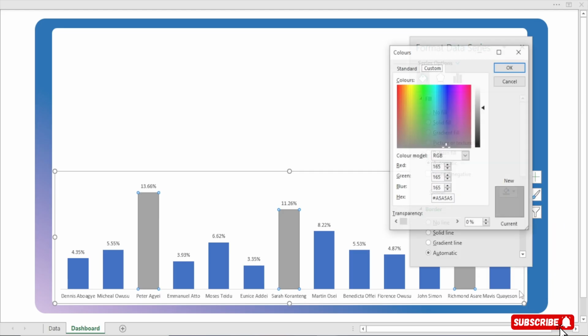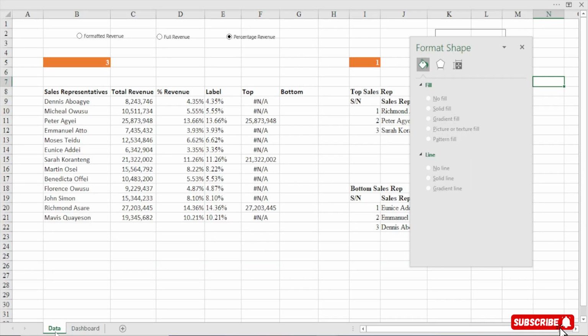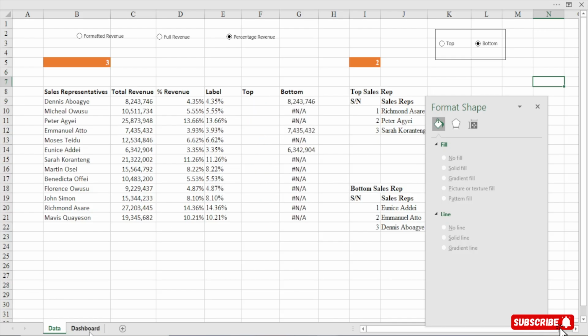So we will come to more colors, and then under custom colors, you are going to say this one should be D2832C, right? So this is our orange color, and then you say OK. Do you see that? Perfect. Now let's go back and toggle to bottom so that the bottom will be selected.